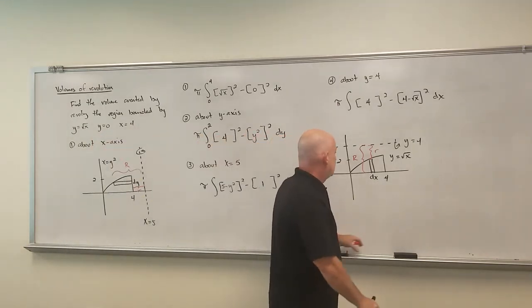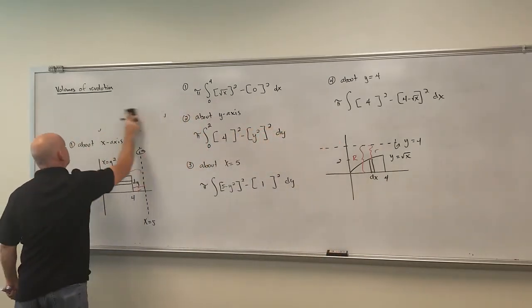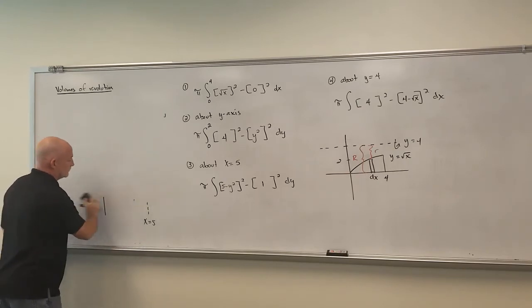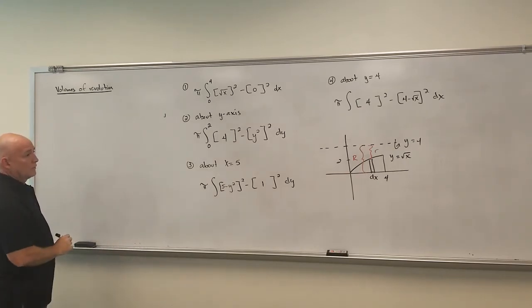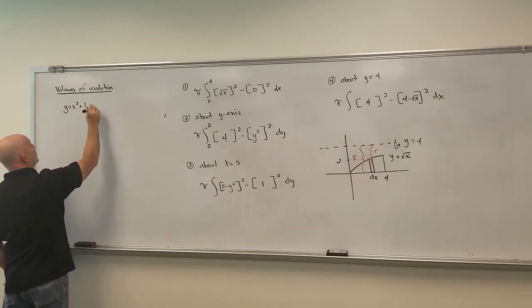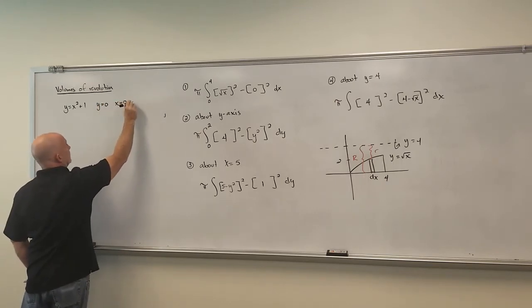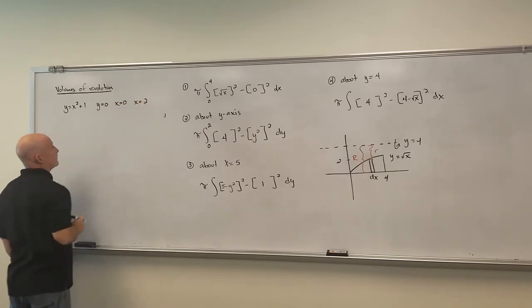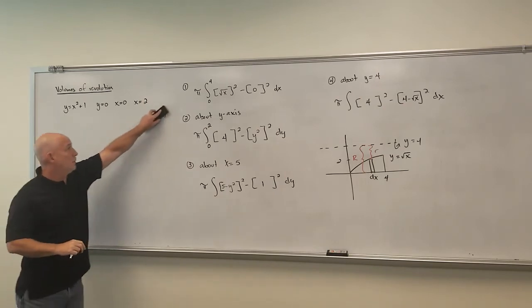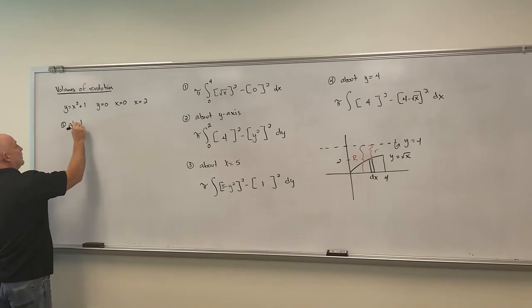All right, let's try another region. We're going to just do a couple of these. Same idea. This is the region bounded by y equals x squared plus 1, y equals 0, x equals 0, and x equals 2. But again, we're just going to do 2 of these. Let's go about the